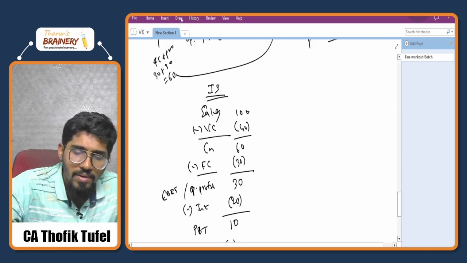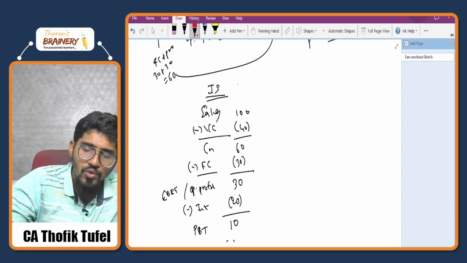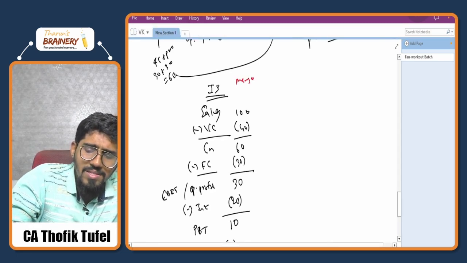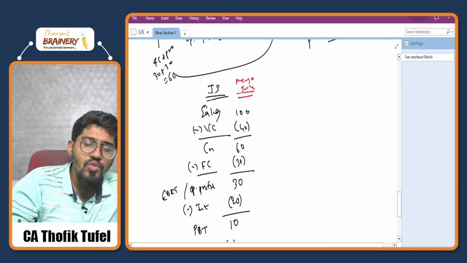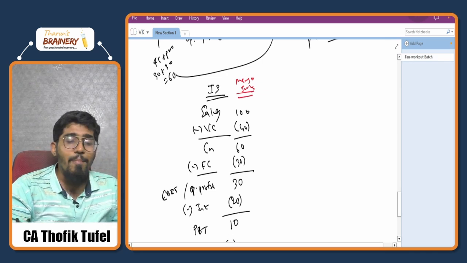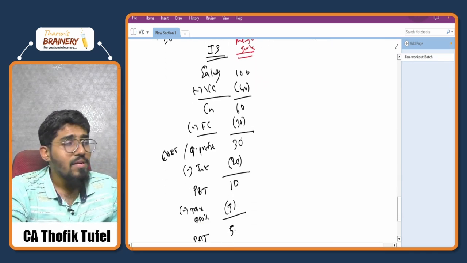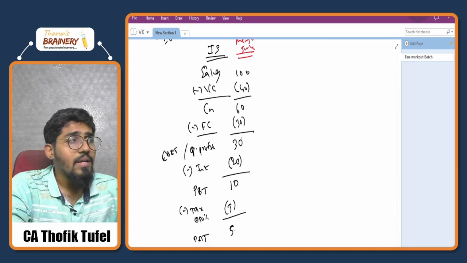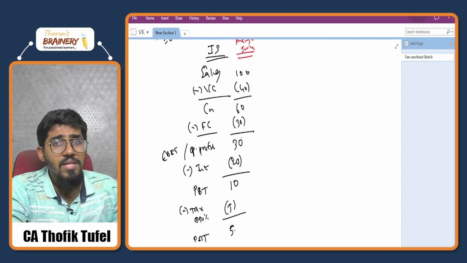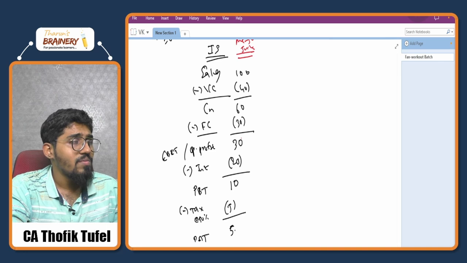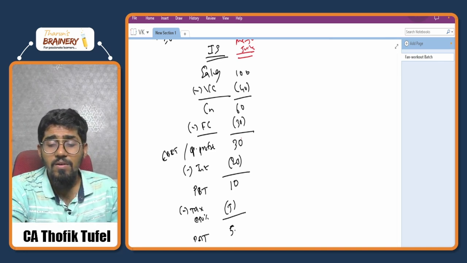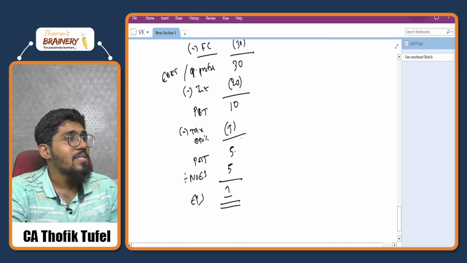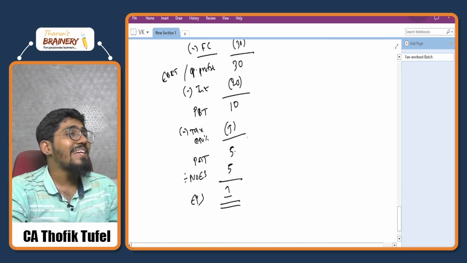I am into the business of making mango juice. Let us take an example. This is the income statement of a mango juice company where I'm making a sale of 100 crore rupees. Have the numbers in crores in mind. For the sale of 100 crore rupees, 40 crore rupees is my variable cost. I am having a contribution of 60 crore rupees, and then I'm having some fixed cost of 30 crore rupees. If I minus my fixed cost, I'm getting an EBIT of 30 crore rupees, from which I will pay interest of 20 crore rupees.